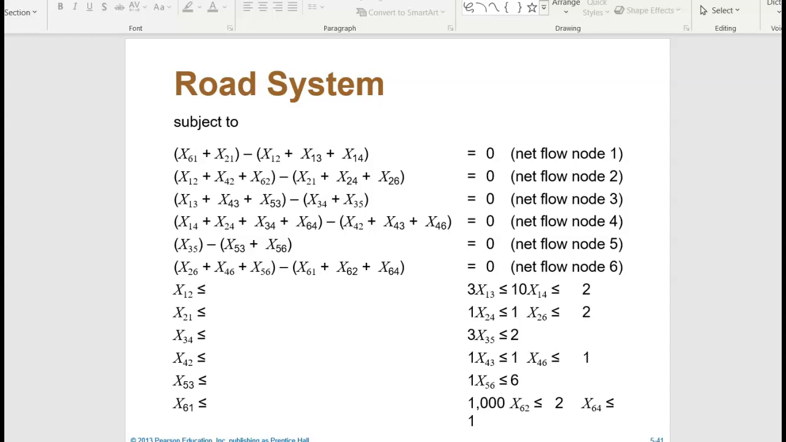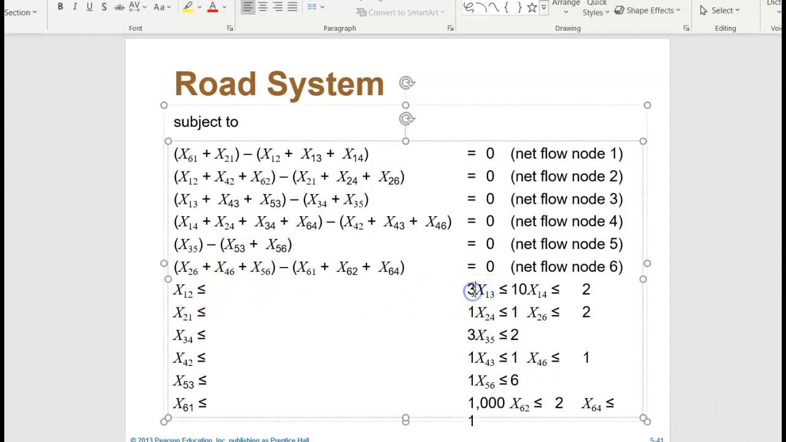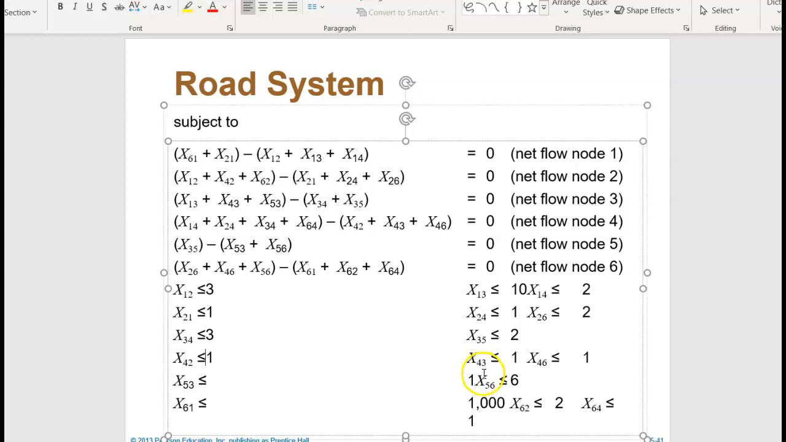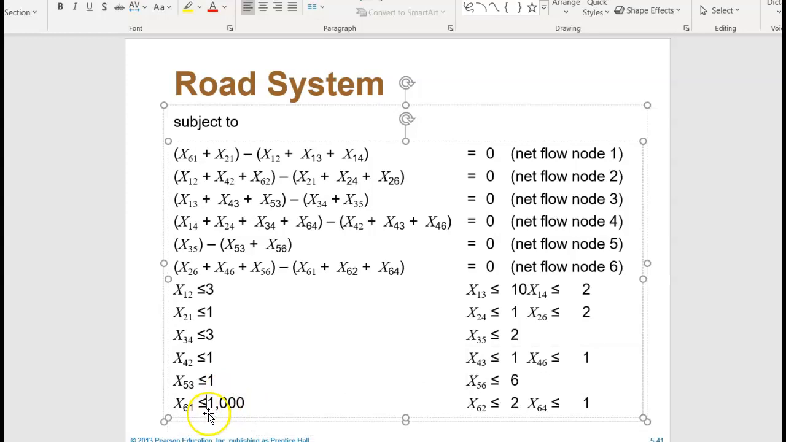So for example, the formatting here is a little off. So basically what they're saying here is that, let me fix that. Yeah. So X12 has a maximum capacity of 300 cars. X21 has a maximum capacity of 100 cars, and X61,